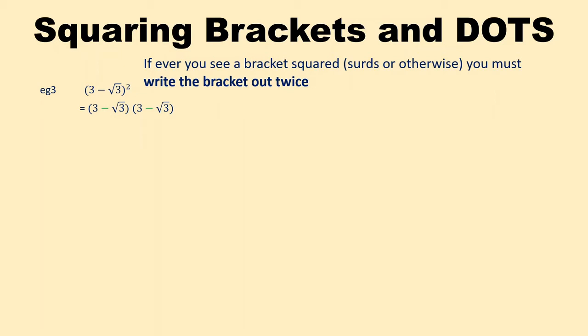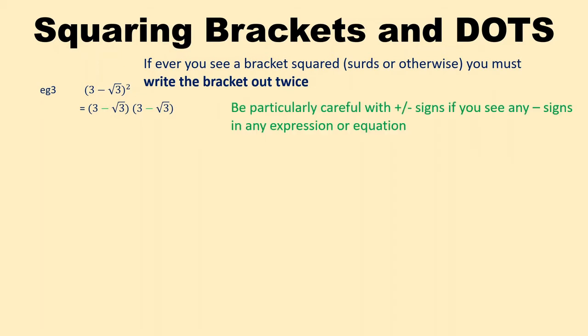Also notice that I put these minus signs in green. Be particularly careful with your plus or minus signs, especially if you ever see a minus sign in any type of expression or equation. So we're going to be very careful with our signs when we multiply this out. I'm doing positive 3 times positive 3. That gives me positive 9. Next, I'm doing positive 3 times